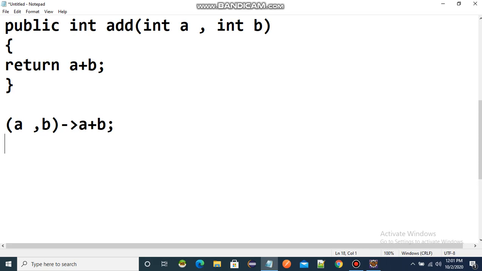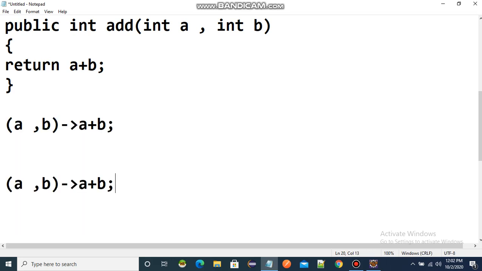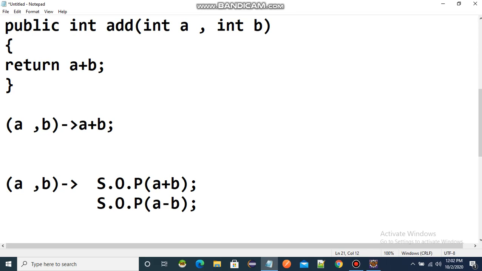But suppose I have to take two arguments and perform multiple operations, like printing the addition of two numbers, also subtraction, and let's say multiplication also.